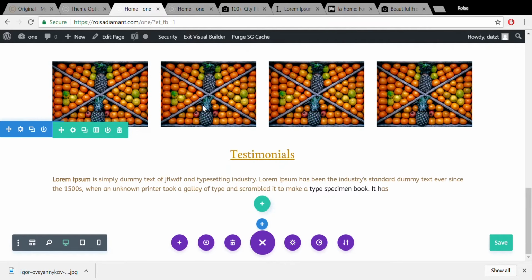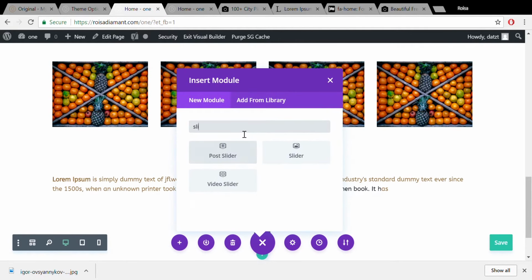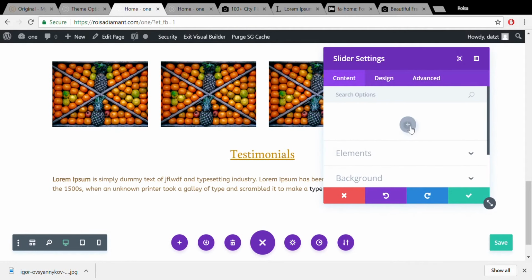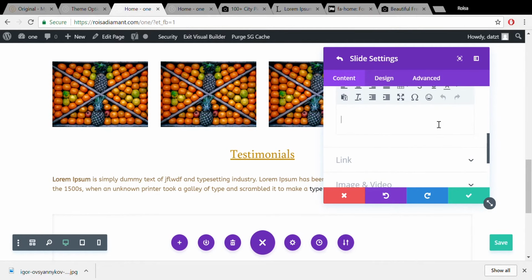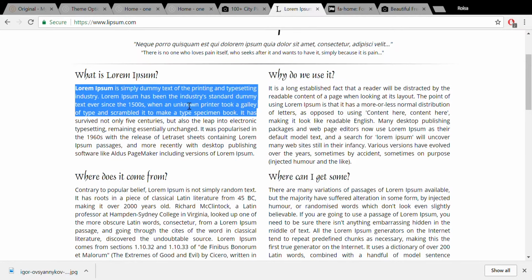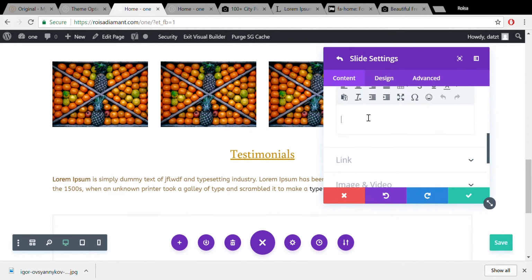So we're going to add a new row and type in slider. We don't want a heading, I don't like a heading. A button text, we don't need a button text, maybe be in contact with us. Contact. Now, we're going to bring our beautiful lorem ipsum again, and paste it in,